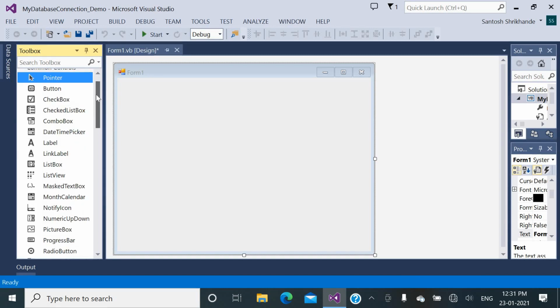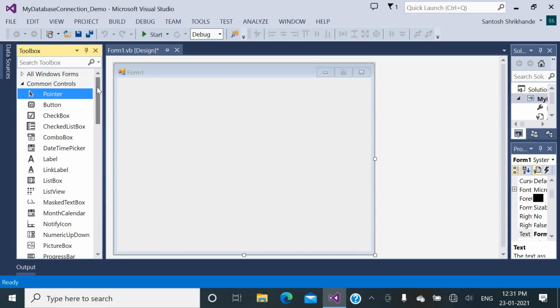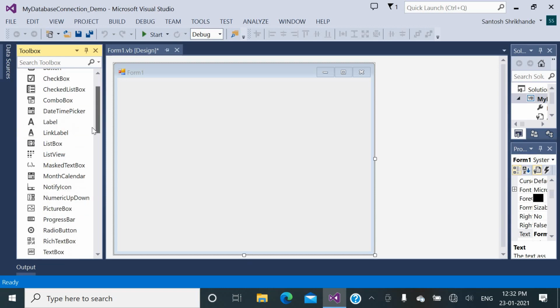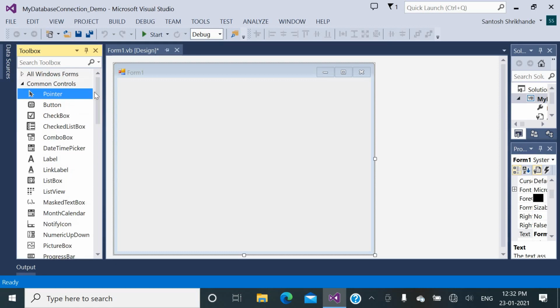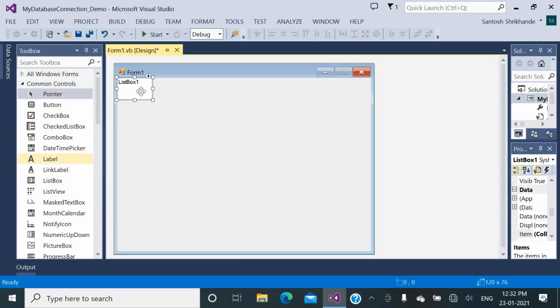The connection is going to be established between Microsoft SQL Server and Microsoft Visual Basic .NET, and the data is fetched from the SQL Server database and shown in list boxes. In the database we have three fields, that is EMP ID, EMP name and EMP